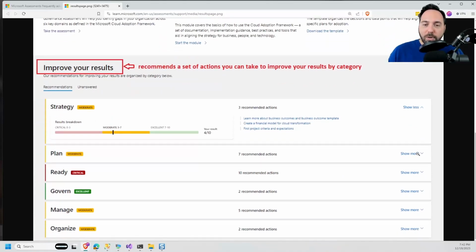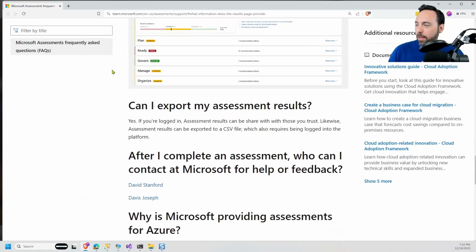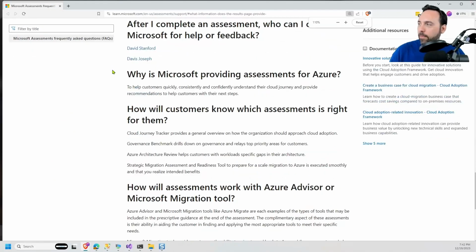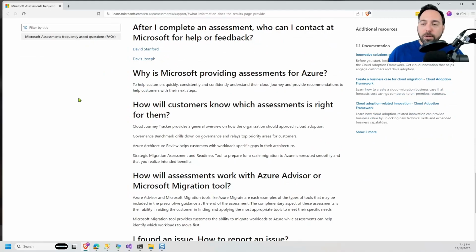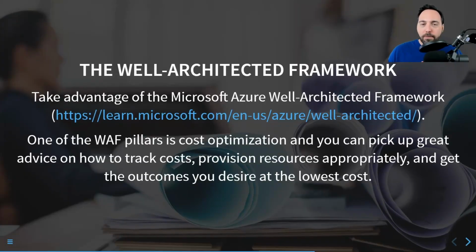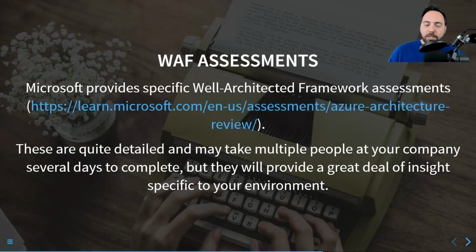So if you drill into one of these recommended actions, sometimes they will give you the actual script to run to do this task. There we go. So it'll give you this idea of, here are the very specific things that you can do to improve your outcome, improve your results. And some of that may be, select this and it will resize your VM and will save you money right off the bat. So those are the WAF assessments. Quite detailed, but very useful. Highly recommend them.